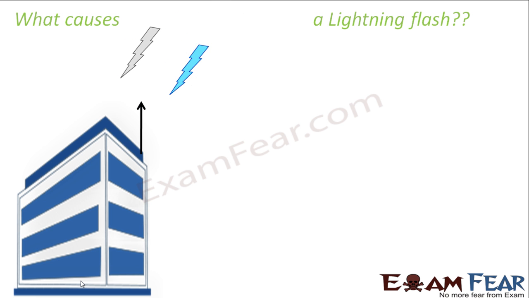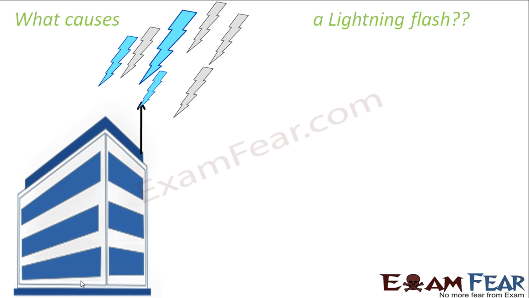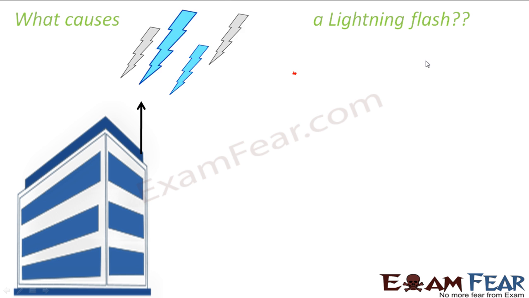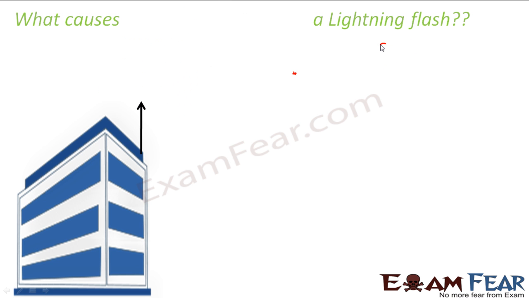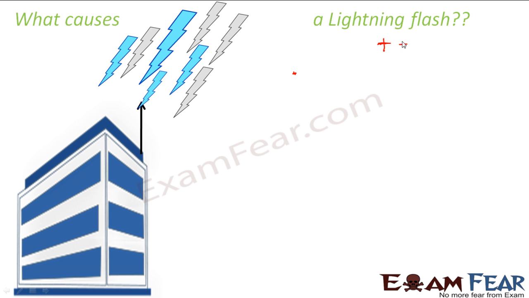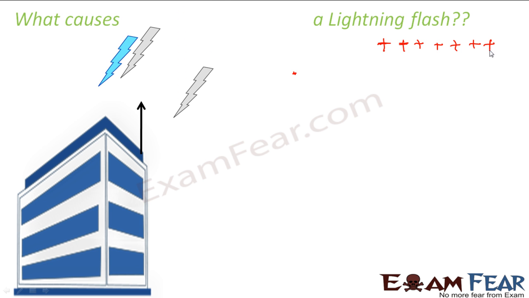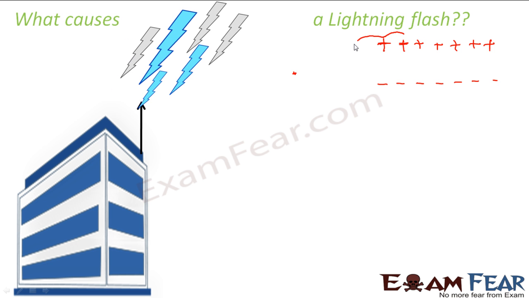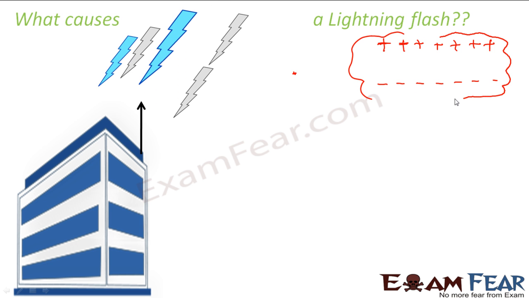Basically what happens is, you would have seen that before a thunderstorm, it generally happens on a cloudy day, right? You see this lightning flash only on a cloudy day. Due to some complex phenomenon, which is not yet clearly understood, there is a separation of charges. The positive charges get collected at an upper layer, and the negative charges get collected at a lower layer. And this all together forms the cloud.